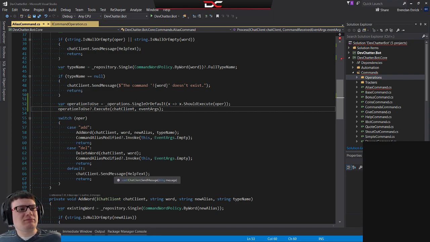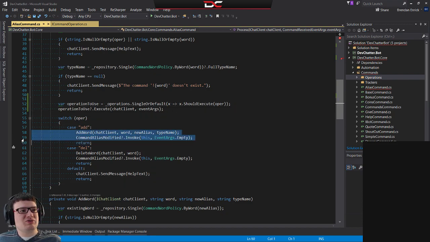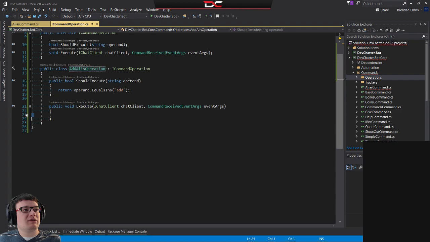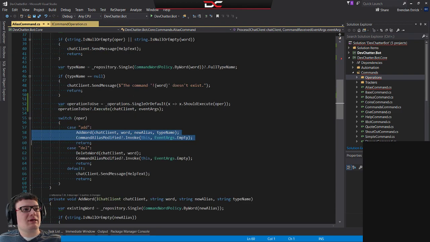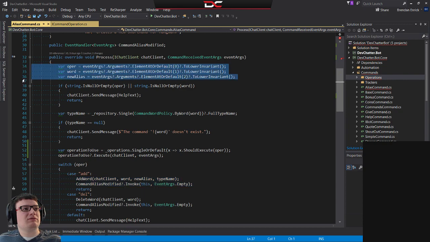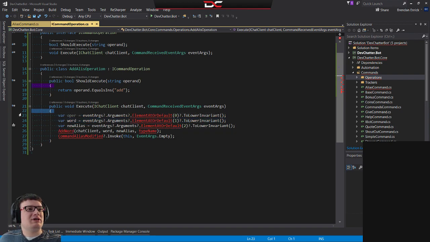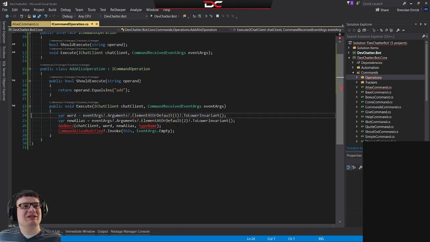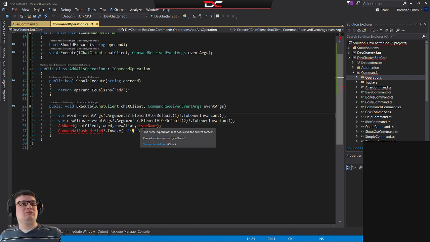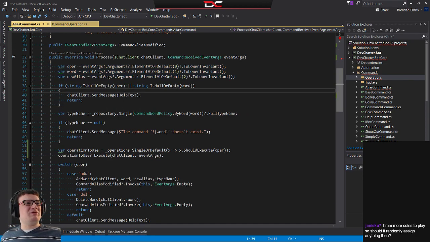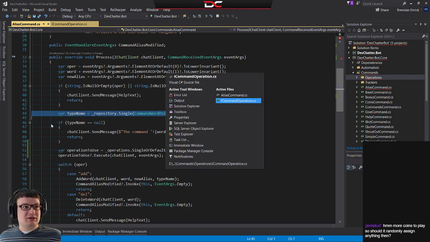Excuse me. Okay. So if we do the add alias operation, then that means that it's going to do this code. So we're not going to use those, and we are going to use link for this. Type name, where did type name come from? We pulled that out. Command word, policy, byword. Okay, so this is getting the